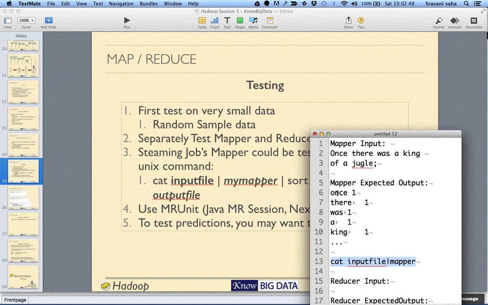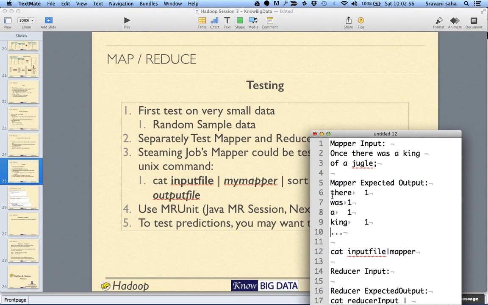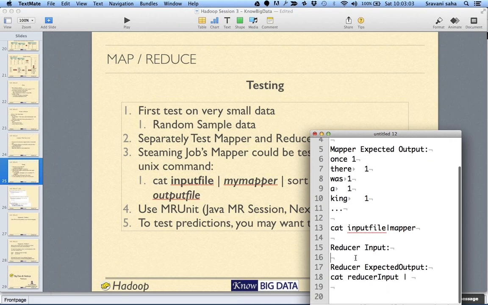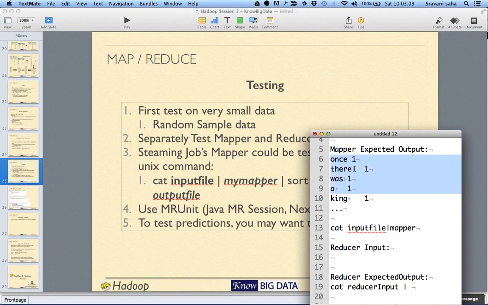Also note that when you compare the output of your mapper or reducer, it is okay even if the lines are in a different order. Now for the reducer input, you just form the input, say a sorted one. You form a sorted input,